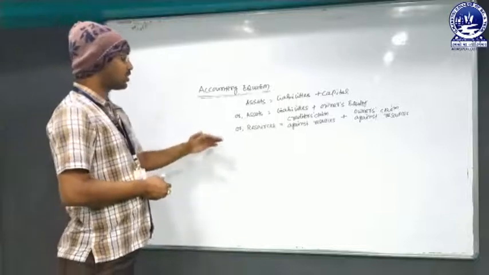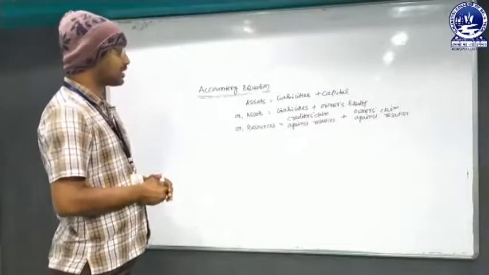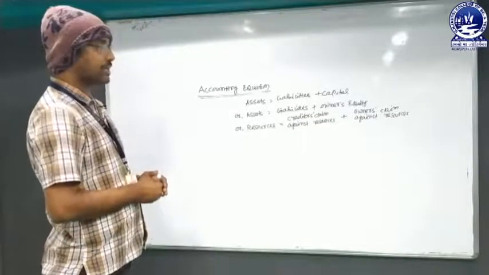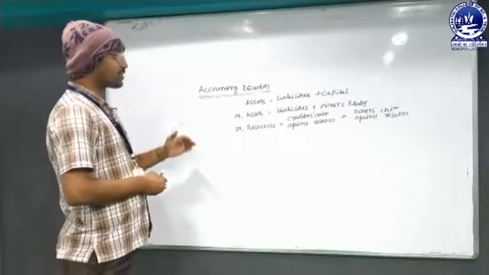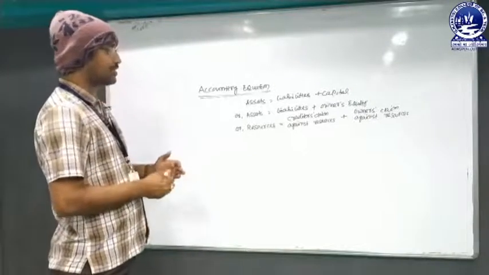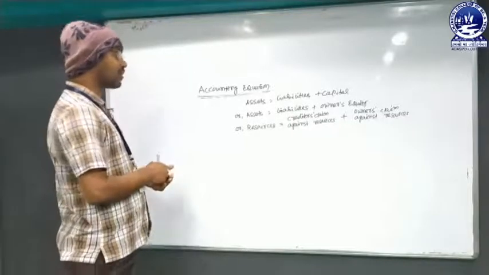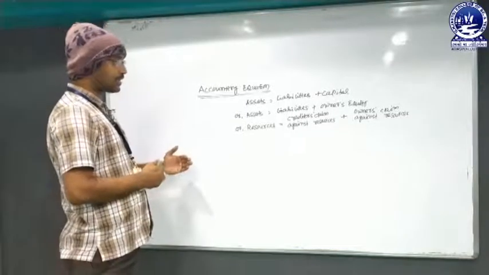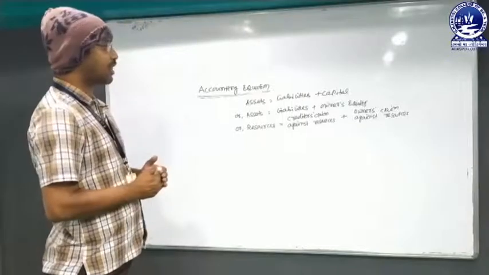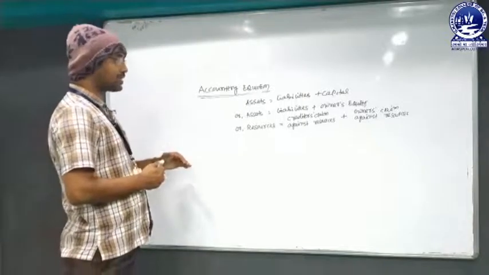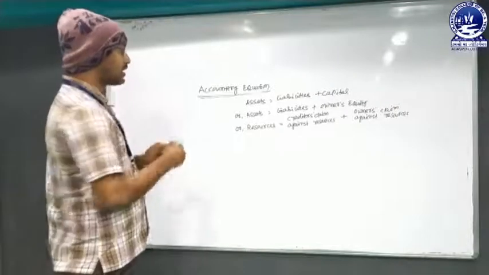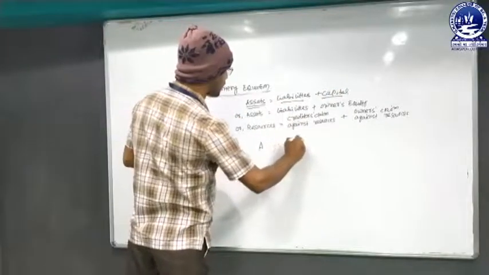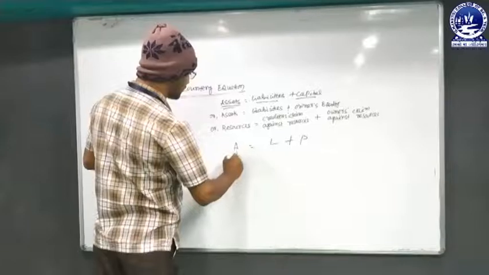So we can also represent the accounting equation as resources equal to creditors' claim against resources plus owner's claim against resources. The dual aspect concept says that every business transaction has two aspects: one is recorded as a debit aspect, another as a credit aspect, and in every transaction the amount of debit is equal to the amount of credit. Represented as an equation, assets equal liabilities plus capital, that is A = L + P, where A stands for assets,